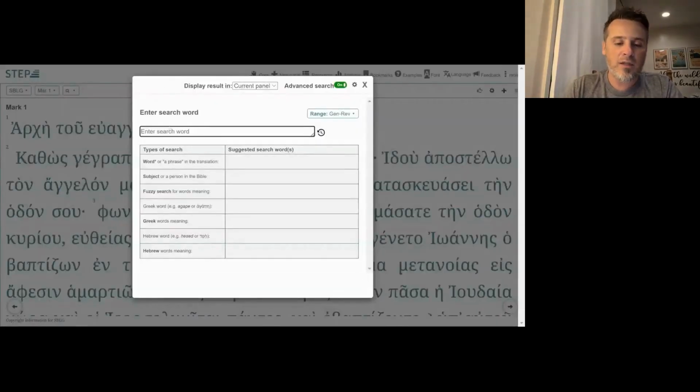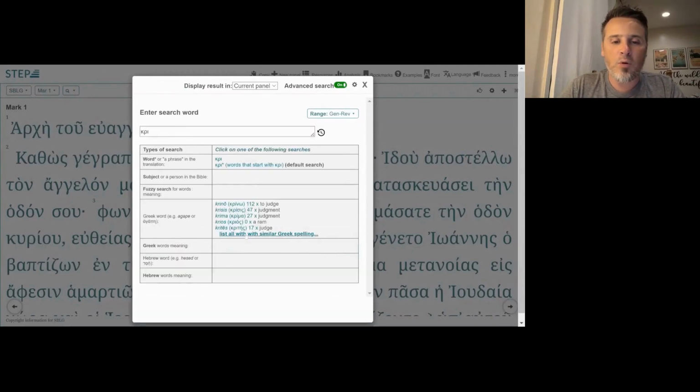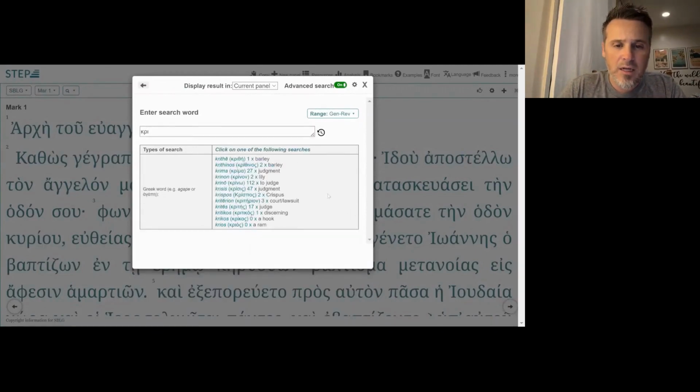So I got stepbible.org open. If you're just listening, that's fine too. I got my keyboard set to Greek and I'm going to type in kri. There we go. And you'll see, boom, a list comes up, and you can see that we have krima, a judgment, krino, to judge. It's about 112 times.